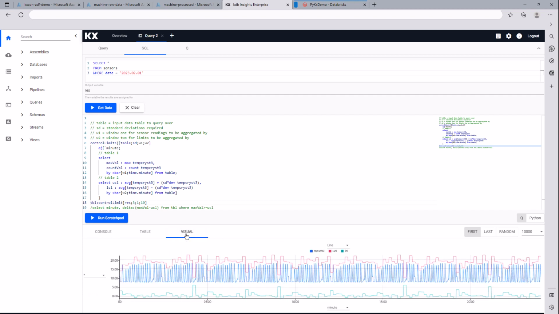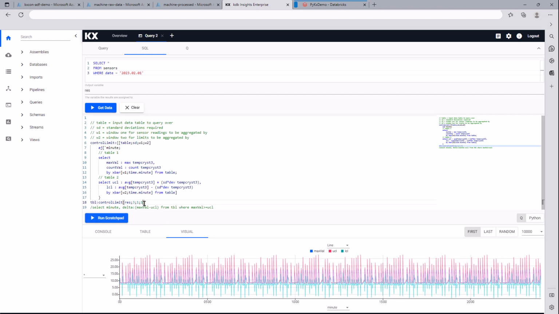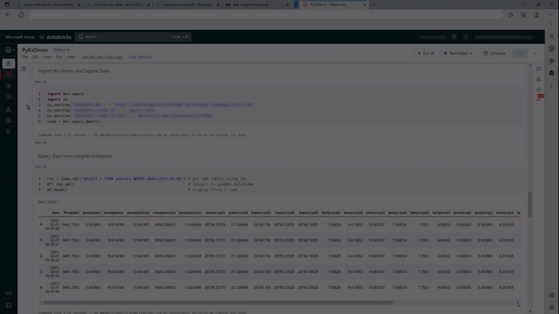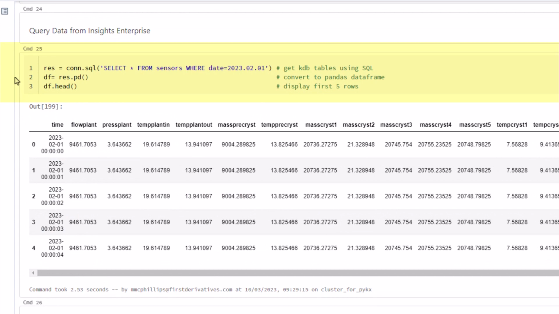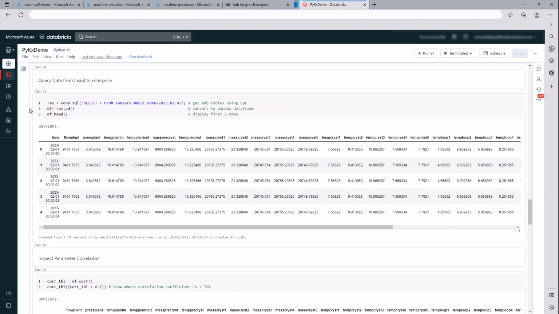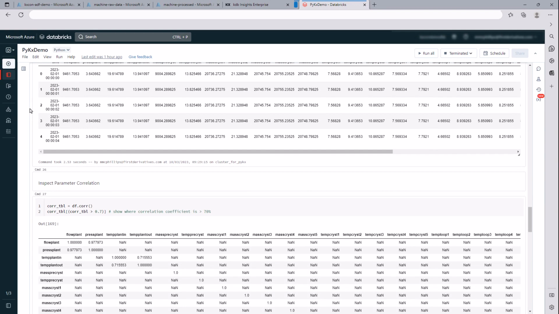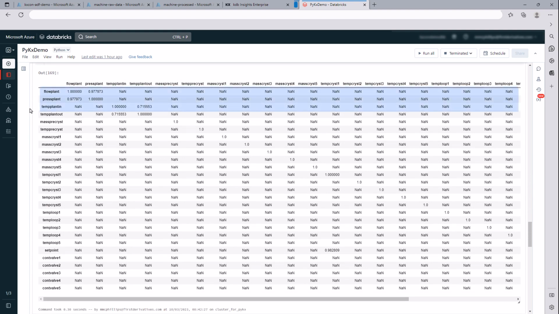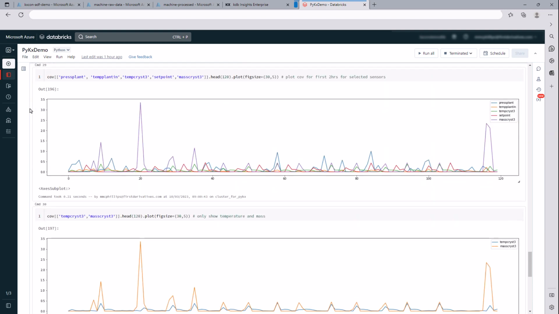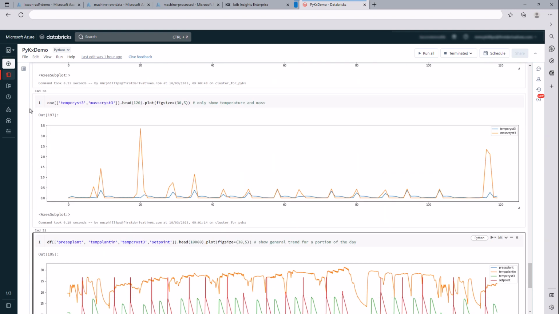But the real power comes from our integration with industry standard tools such as Python and Azure Databricks notebooks. Let's switch to Databricks and explore. With a simple connection into KDB Insights Enterprise, we will execute an SQL query to retrieve the data, followed by Python to generate our data frame for analysis. Notice how we can quickly learn the correlations in our data, in this instance the flow rate, pressure and temperature of the plant environment. We could also graph the output to show variability throughout the day, including temperature deviations and